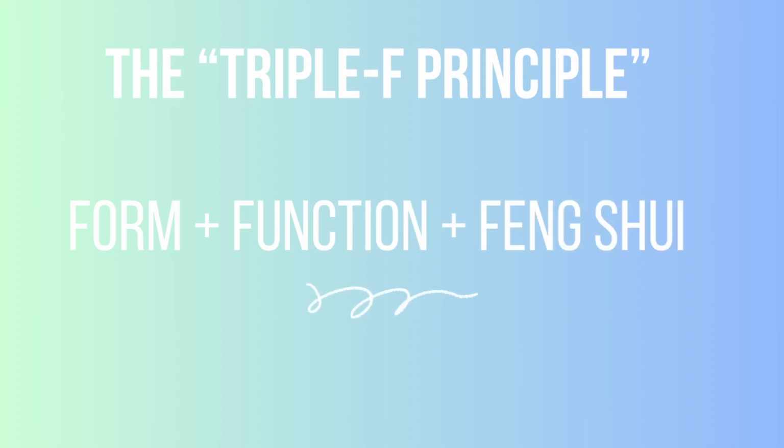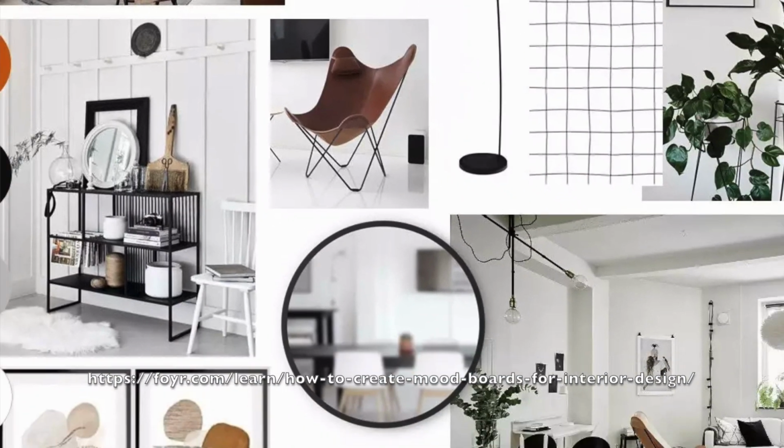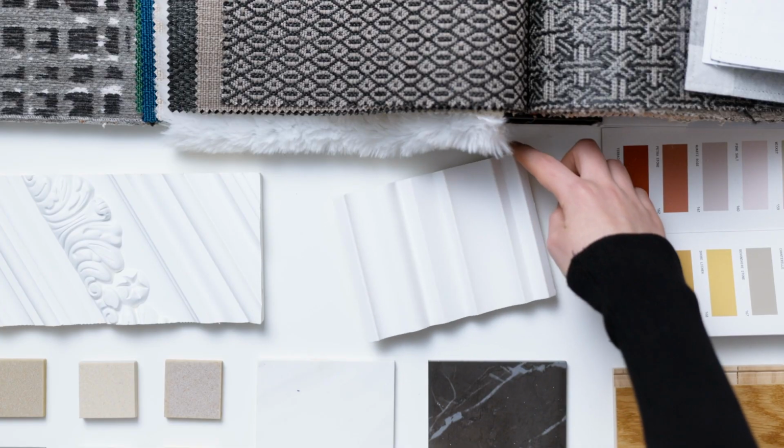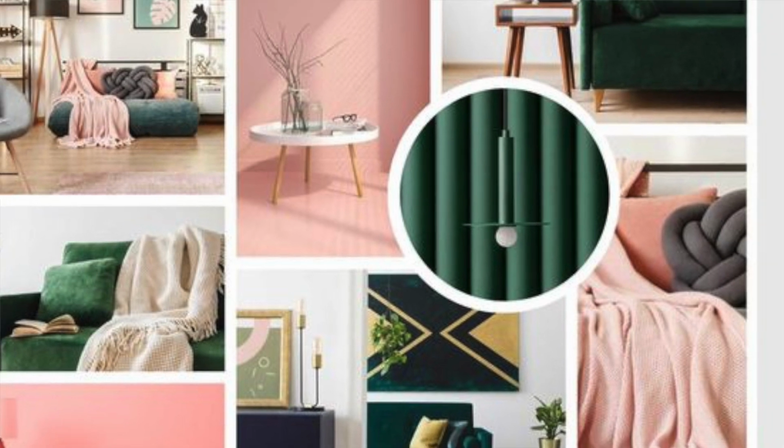Now that we have some basic concepts about form, function, and feng shui, and I call this the triple F principle, we can start the design process by first creating a mood board with images that inspire you to help you visualize your dream home. From there onwards, you can work with a professional to create a detailed design plan that includes everything from the layout to the finishes. For those of you who might not know, what is a mood board? A visual tool